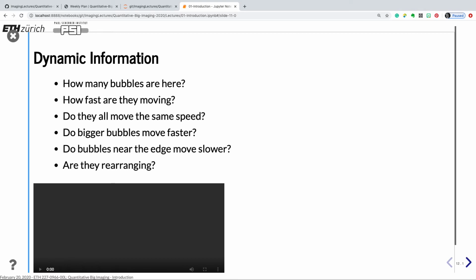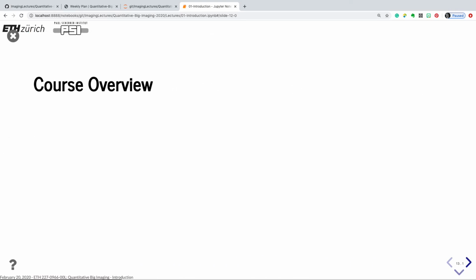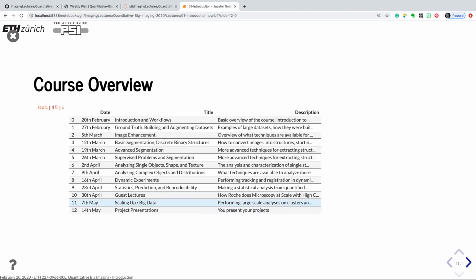And now we are actually talking about 4-dimensional information. So we have 3 spatial dimensions plus the time. And now we want to make conclusions about that. So this was a little bit overview of questions that can arise. And looking at the course,